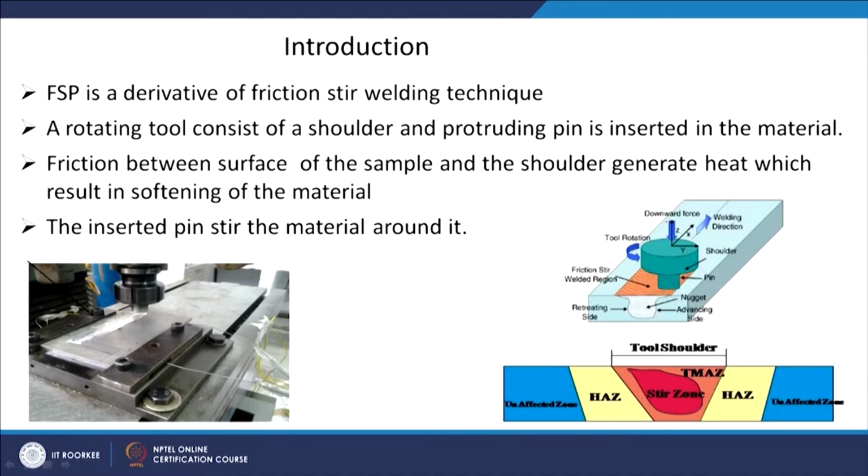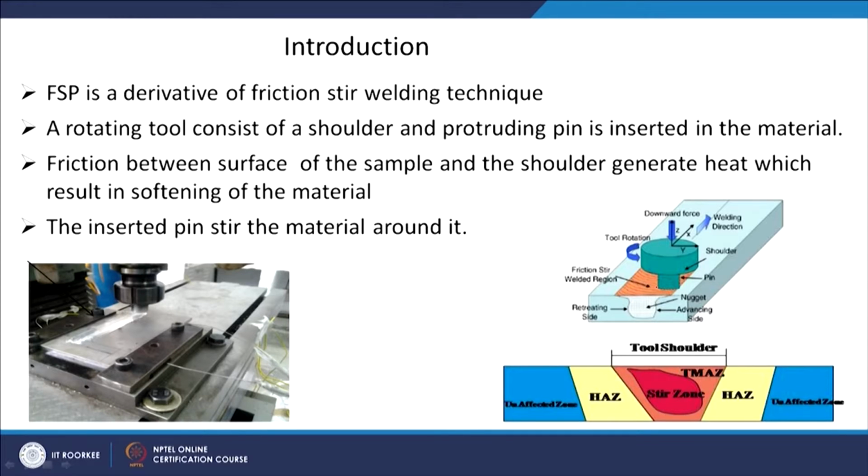What it has is a tool, which contains a shoulder and a pin. The shoulder is just touching the surface of the workpiece with a certain normal force, a downward force, and the pin is actually inside the material,